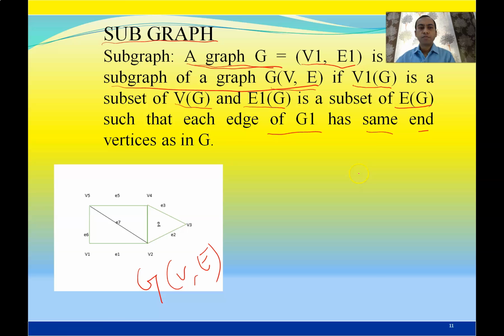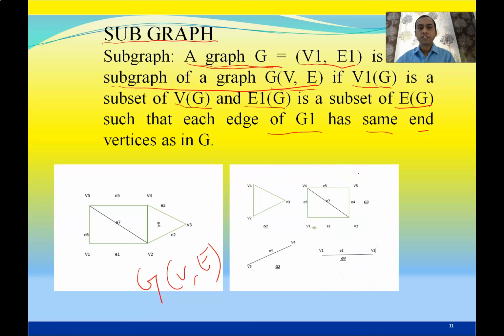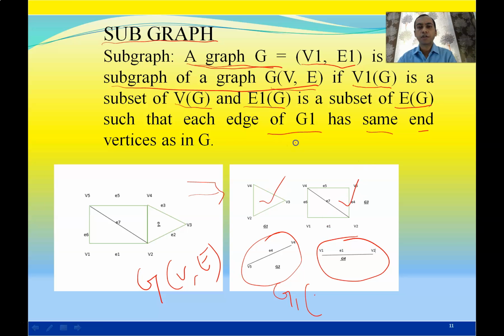After that, we are finding the subgraphs for that graph. So these are different types of subgraphs of the graph. This is a subgraph. Suppose G1 or G2 with V1, E1, something. So there are so many subgraphs. There are 4 subgraphs of that graph. So these all four are called subgraphs. This is also a subgraph of that graph. This is the second subgraph, third subgraph, and fourth subgraph. So this is all about subgraphs of the given graph.